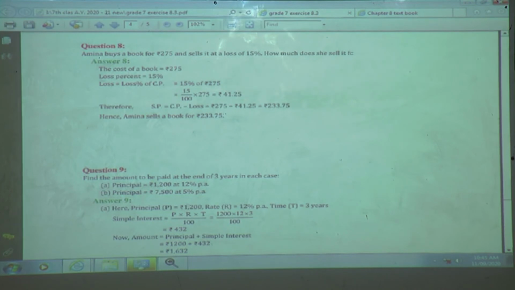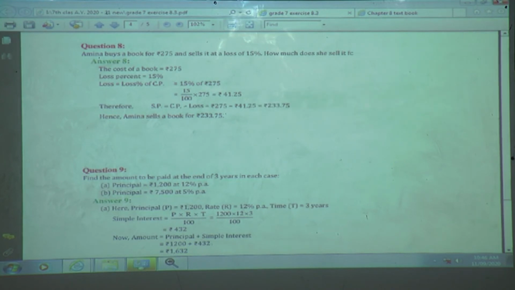So the cost of the book is given, that is CP. Loss percent is 15%. Loss is equal to loss percent of CP. This you know very well. Just substitute the value: 15% of 275, which is written in the form of 15 upon 100 multiplied by 275. Reducing it, we get